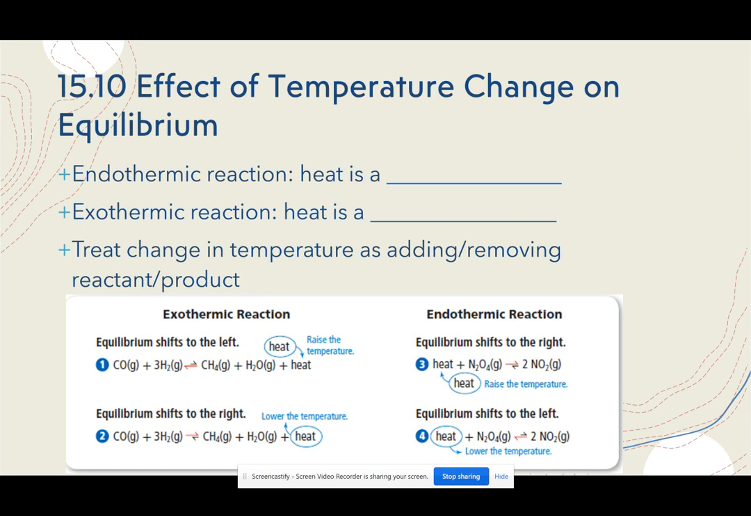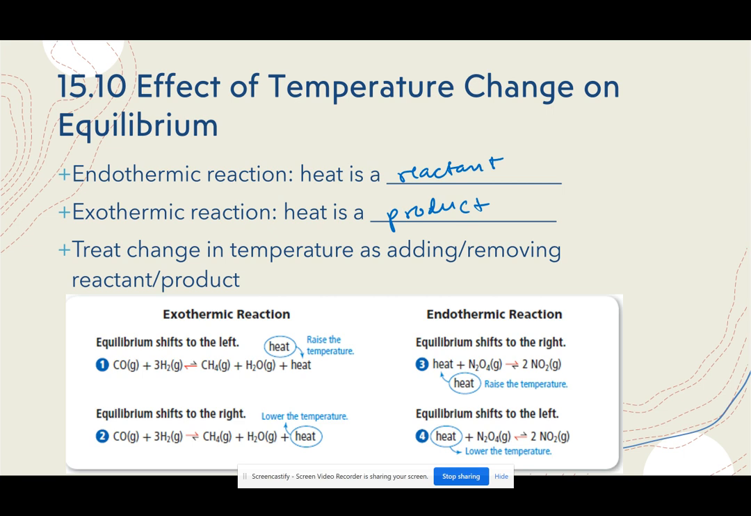The last stress that you can apply to a system is changing temperature. So remember, in an endothermic reaction, heat is a reactant. Heat is absorbed, so it's on the reactant side. In an exothermic reaction, heat is a product because it's being released. So you can treat temperature changes just like adding or removing reactant or product, as long as you have heat